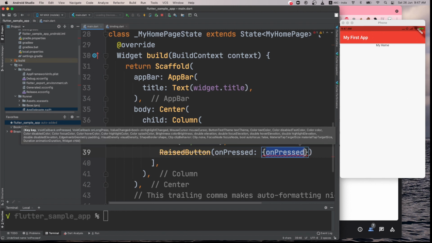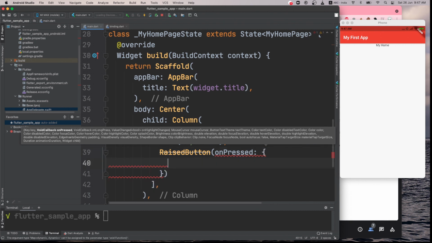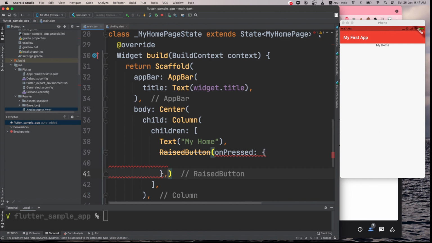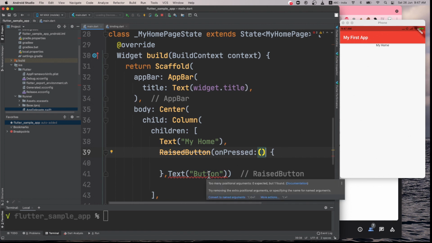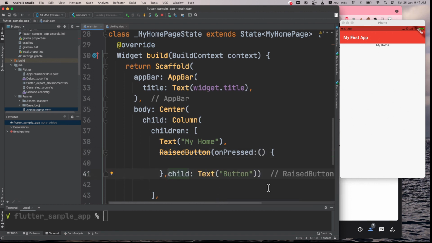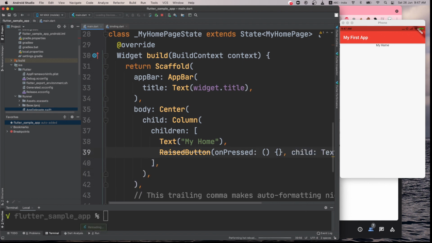So I can write like this, onPressed, and then there will be a text, I guess, a text button. It asks for a method, yes, and then like this, and if I save it, you see a button here.